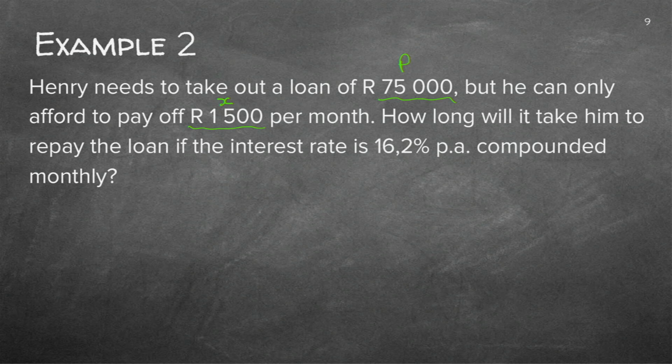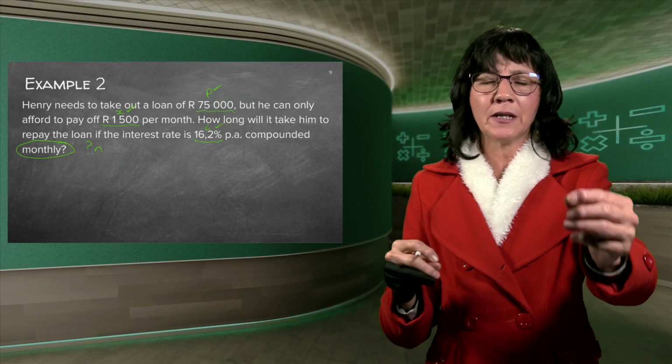How long will it take? So I'm going to make my question mark here. How long will it take him to repay the loan if the interest rate, there's the interest rate, the i, is compounded monthly? Now you remember I always say repayment monthly, interest rate will be monthly. Good, let's check if we've got 3 things ticked. 1, 2, 3 things ticked. The 4th thing is the n that is unknown. So this is my normal. Now it's the P formula because there's small amounts that are being paid monthly. So can you clearly see the difference between the A and the P formula?